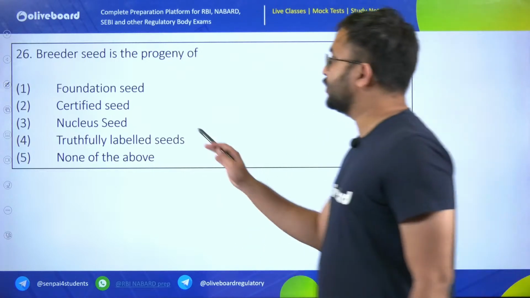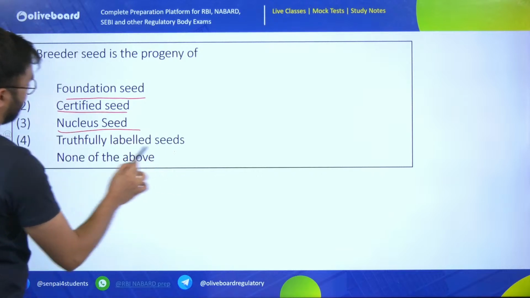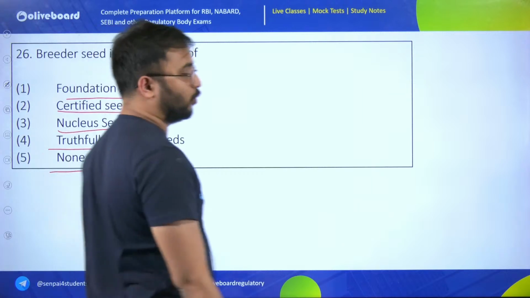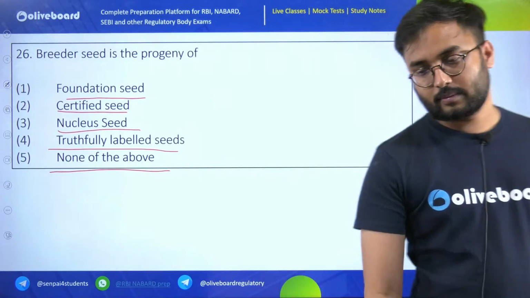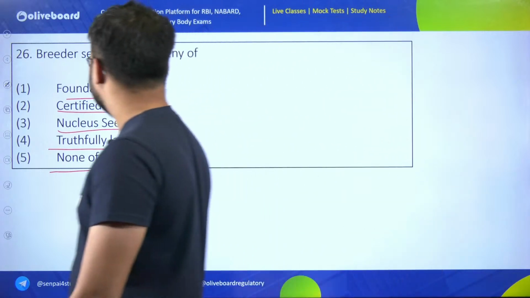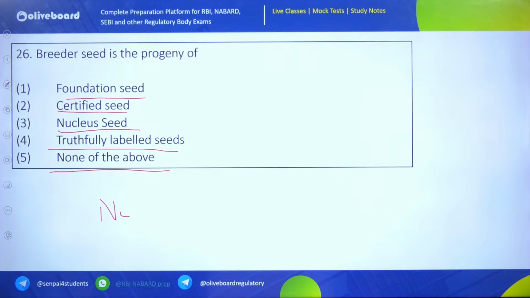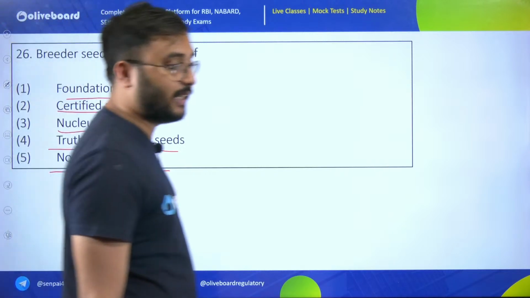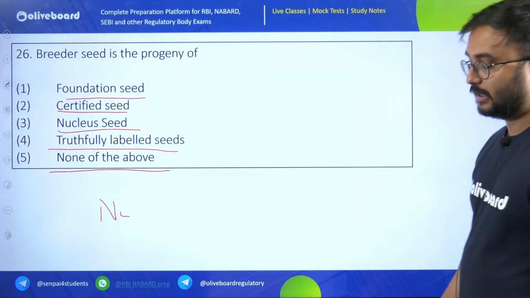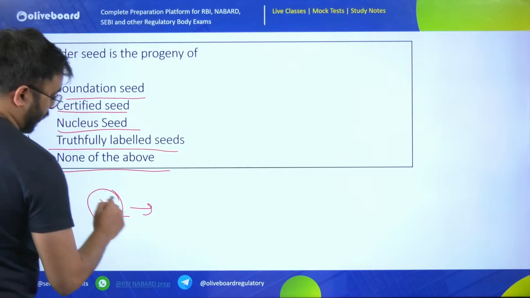Breeder seed is the progeny of which of the following seeds? Foundation seed, certified seed, nucleus seed, truthfully labeled seed and none of the above. Progeny means, what do you mean by progeny? Breeder seed is progeny of what? So we all know, which is the first seed? Nucleus. Then which seed is there? First is nucleus, then is your